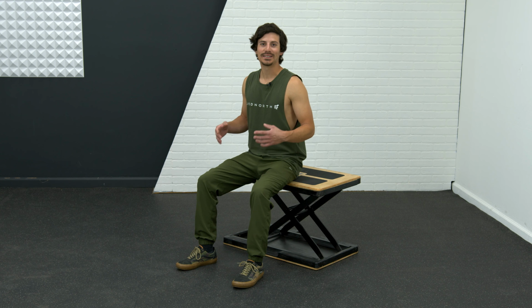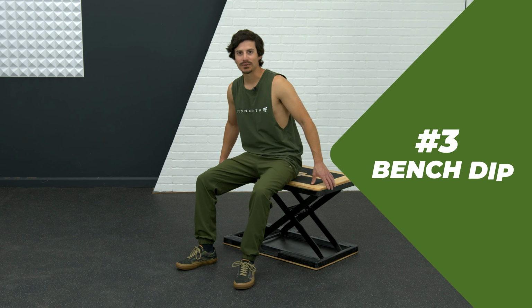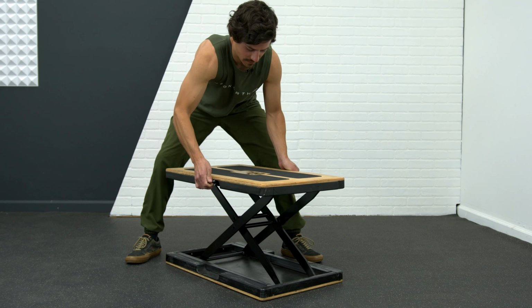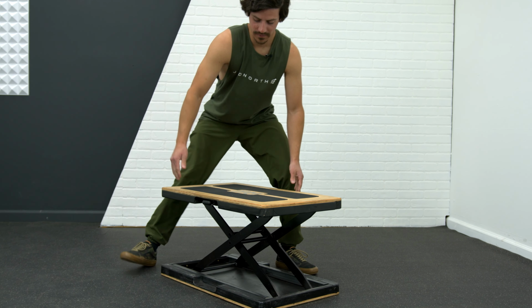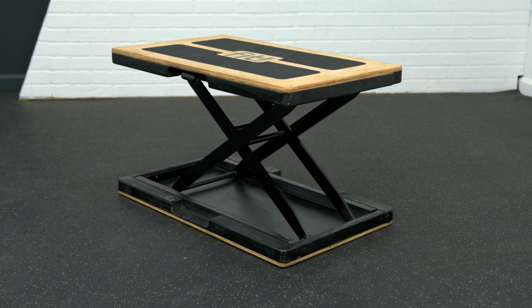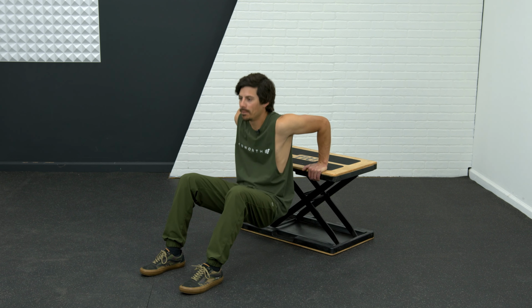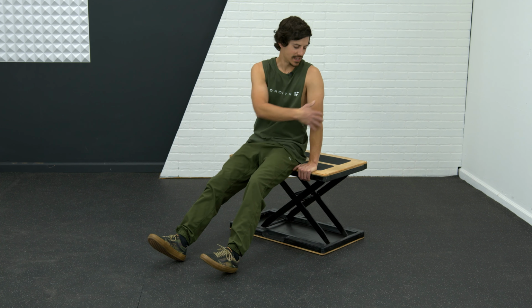Our third version is the bench dip. You can do it on anything about this height. Today I'm using the Fit Plyo Box, which is pretty cool because it's an adjustable plyo box, which is really convenient. And this is a classic dip. I'm gonna demonstrate a few with the feet on the floor. You can do this with your legs straight or legs bent, but I want you to watch in this area,